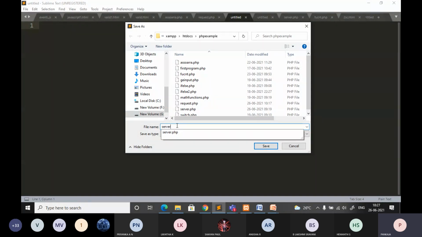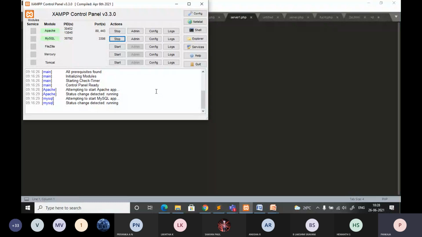I think I already have one program, Server1.php. Give any file name and it should be stored in htdocs. I have a subfolder, PHP examples, where I'm storing it. Ensure that the XAMPP control panel is running. If you have not started it, then you cannot run this PHP program. It requires the server to be in a running state. So let's quickly write the code for this.